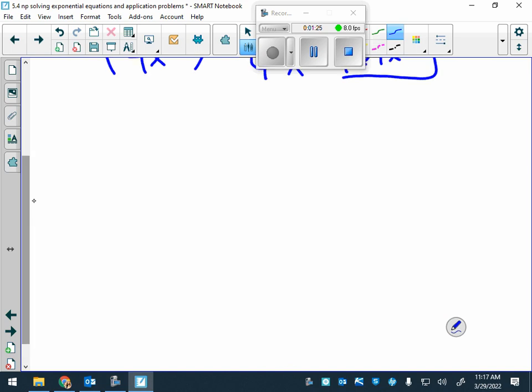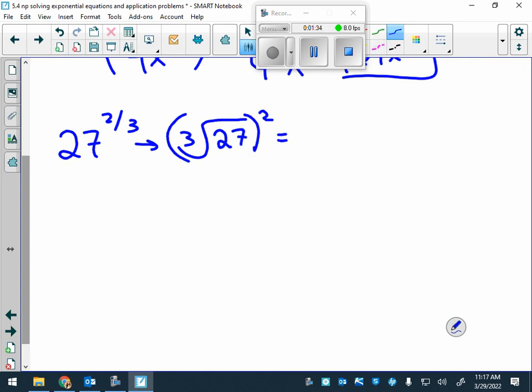Number 2, you have 27 to the 2/3, which is the cube root of 27 squared. What is the cube root of 27? 3. 3 squared is 9. Then